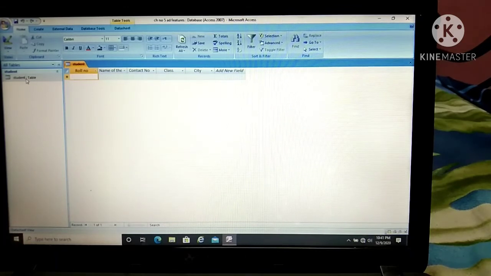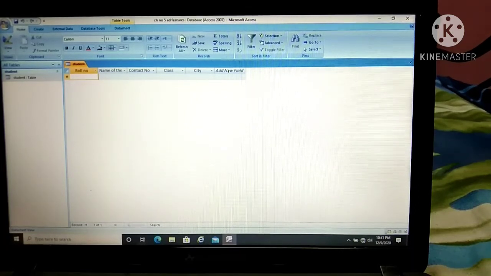So how to do that? It's simply here, if I want to enter the record, I will just click here, place the cursor here, and then I will type. And suppose if I want to add the fields in my table, I'll just have to click on this add field, and then I have to give the name for this field and I will start entering here.